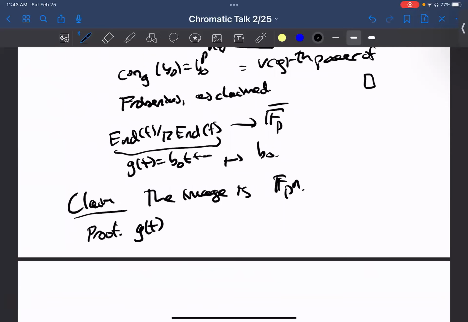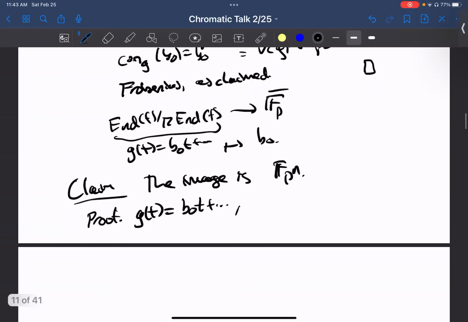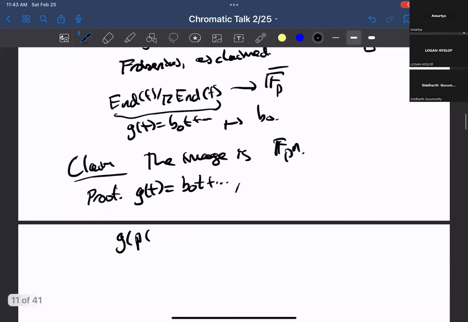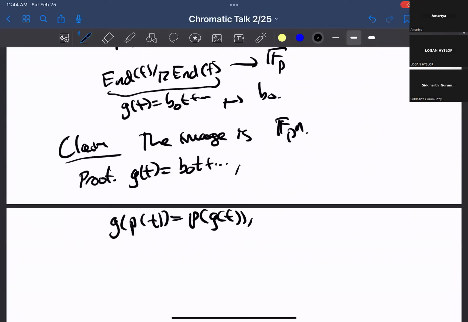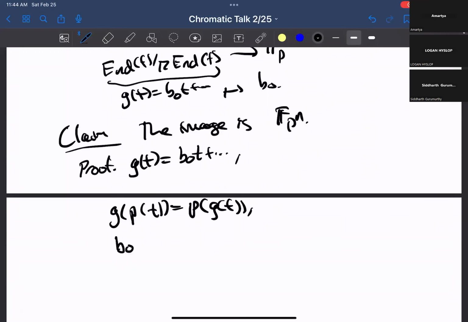Let's first show that this actually lands in here. So for any endomorphism G, which is B0 T plus dot dot dot, G being some endomorphism of F in particular means that G commutes with P here, which is in the center. So we have this equality. And we have that P of T is equal to mu T to the P to the N